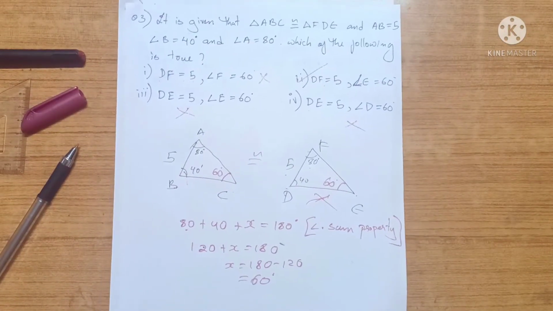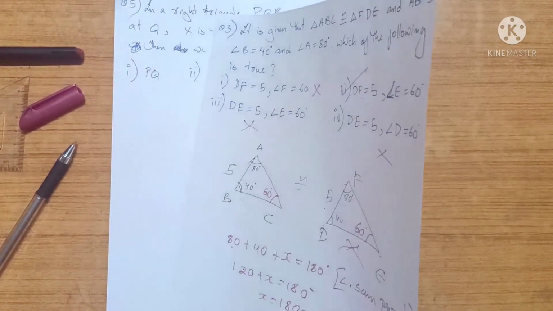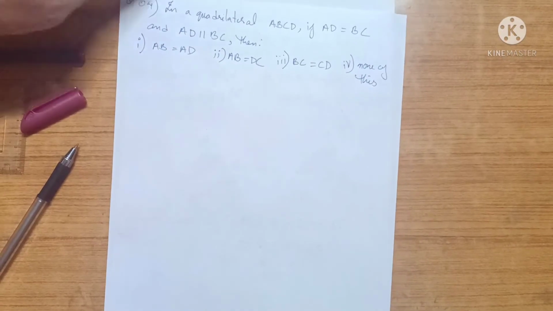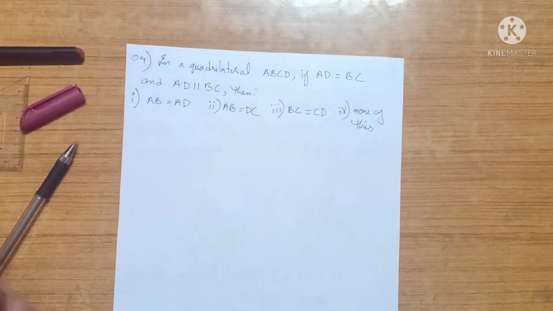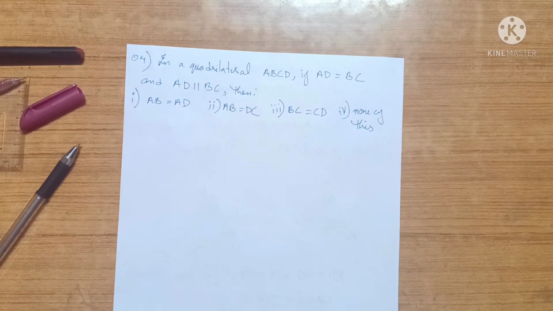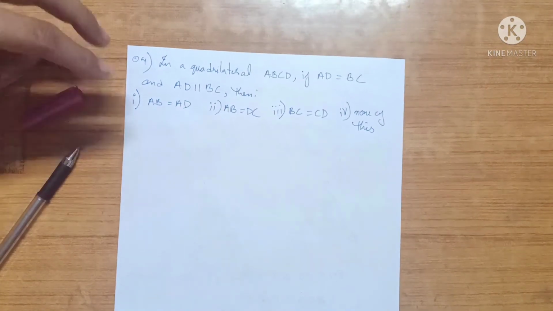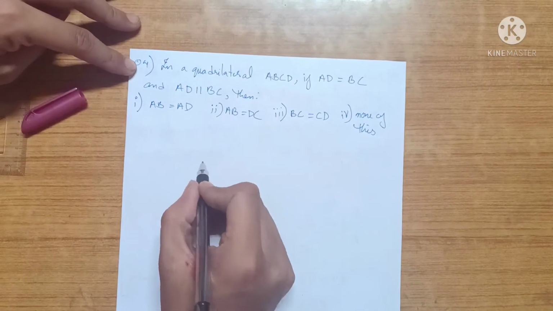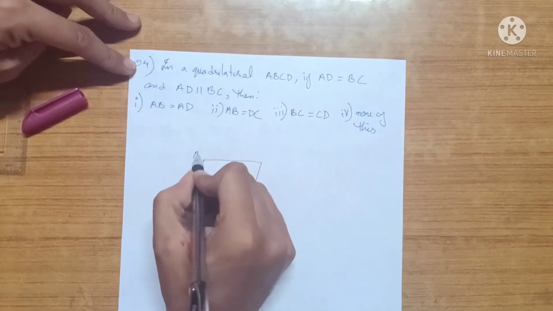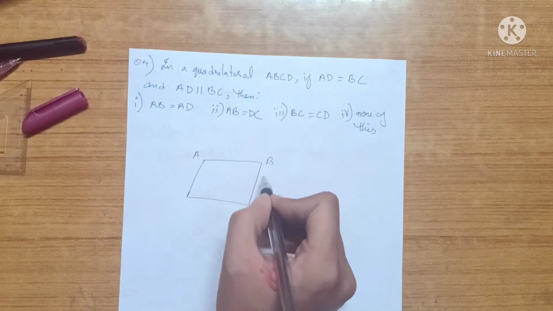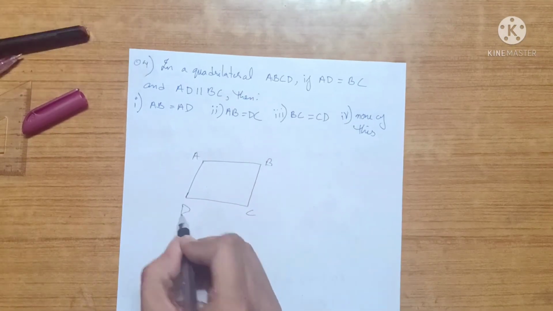Okay, so let's try the next question. Question number 4. In a quadrilateral ABCD, let's just try and draw the diagram first. So let's draw the quadrilateral ABCD. They're saying if